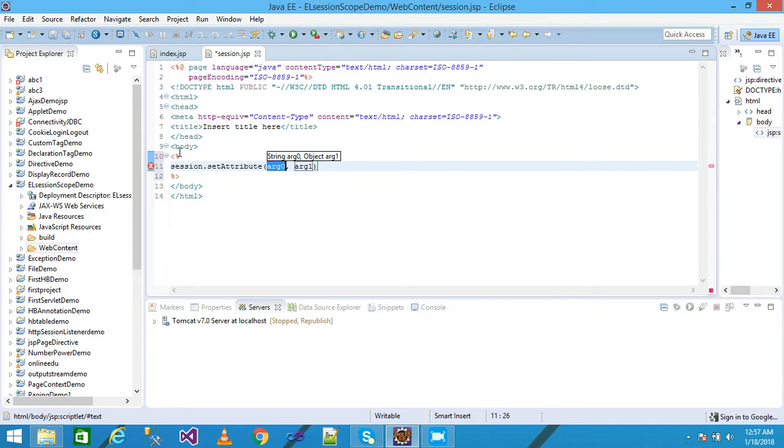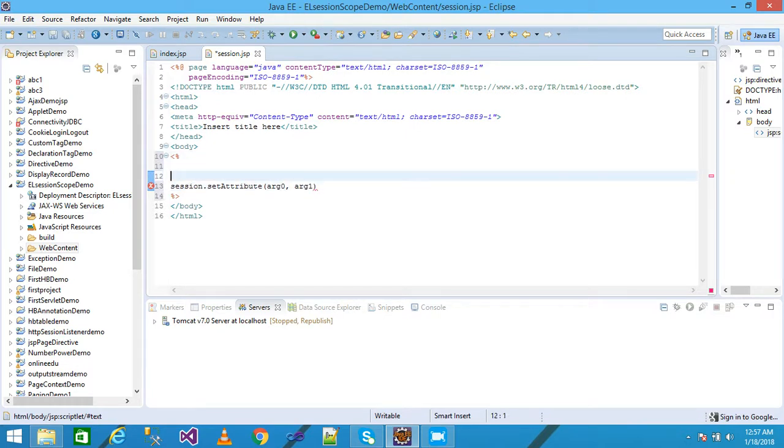Session needs two arguments, a string name and an object as the object argument. So first I declare a variable, String name equal request dot getParameter,